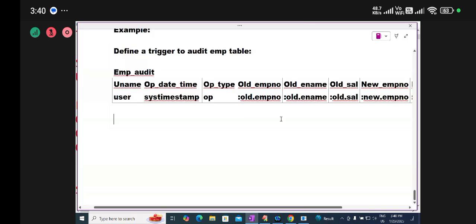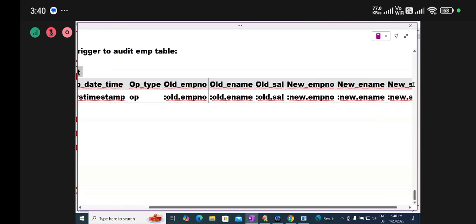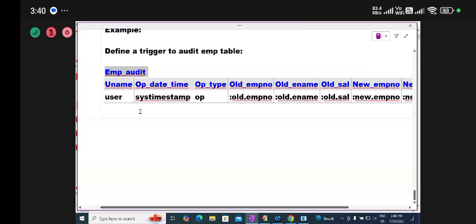Okay, listen. This table is not ready. Let me create this table first. This table is not ready. Let me create this table. Create this table now. Okay, how to create this table? Create table,